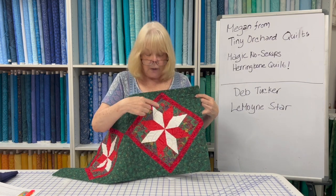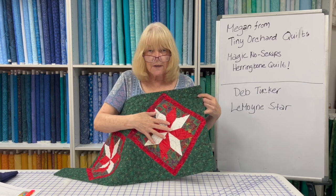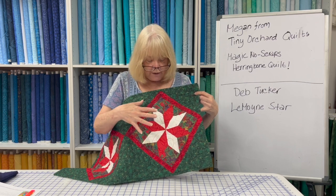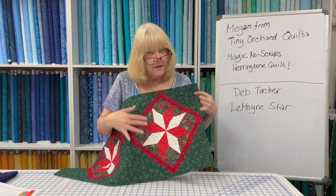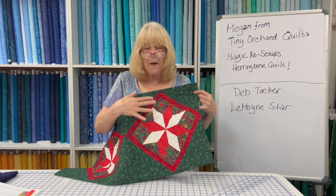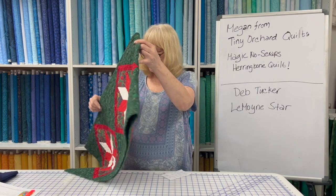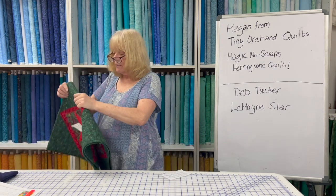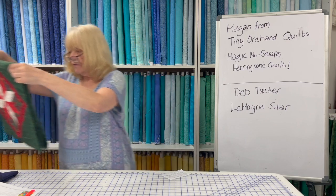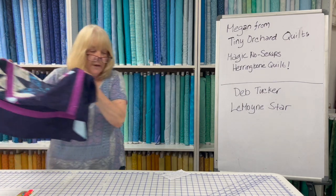I pointed to a square. The squares and the triangles, and they're all Y seams, so it was like no fun. Still love the table runner, still goes on my table at Christmas time, but the method of construction was not good. If you go to Deb Tucker's Lemoine Star, and again, we'll have the video link, she has you take